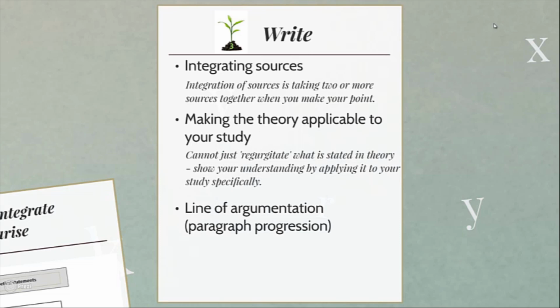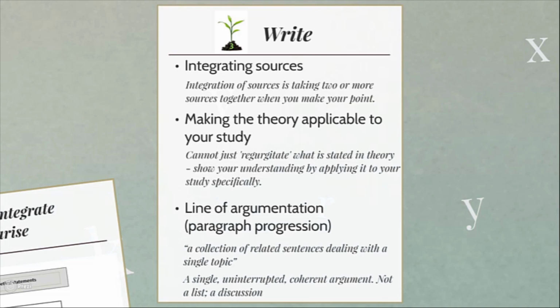Lastly, let's have a look at line of argumentation. And in terms of line of argumentation, let's look at paragraph progression. So let's start off by thinking what a paragraph is. A paragraph is a collection of related sentences dealing with a single topic. Now, through your paragraphs, you progress a single, uninterrupted, coherent argument, an academic argument that is pushed forward paragraph by